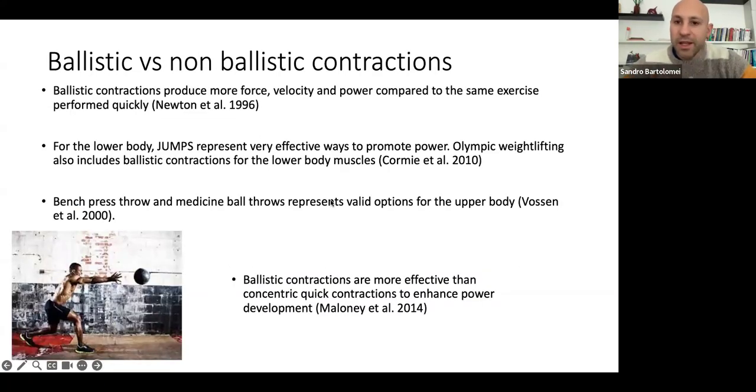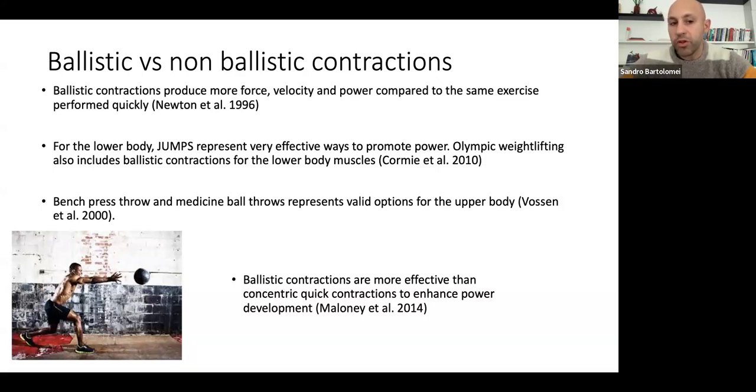Ballistic versus non-ballistic contraction. Some of the exercises that we just described included ballistic contraction. What is a ballistic contraction? It is a contraction that does not end with the deceleration phase. So basically, this kind of contraction ends with a jump or a throw, in which, in order to throw the object as far as possible, there is no deceleration at the end of the contraction, at the end